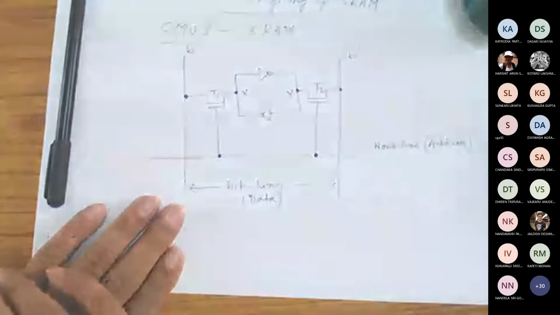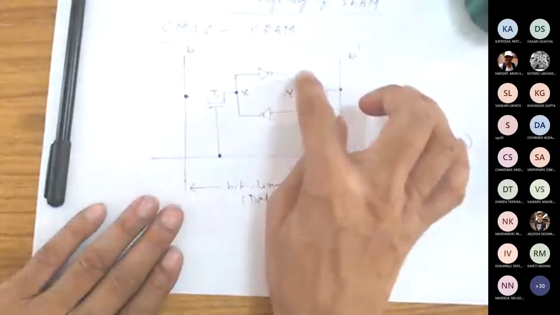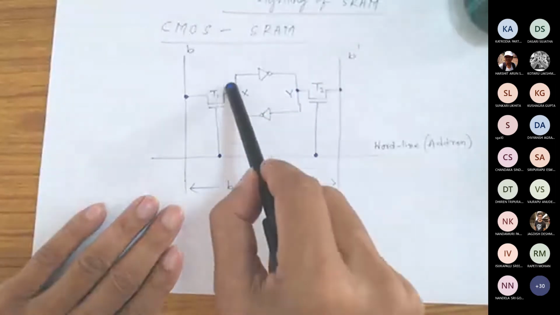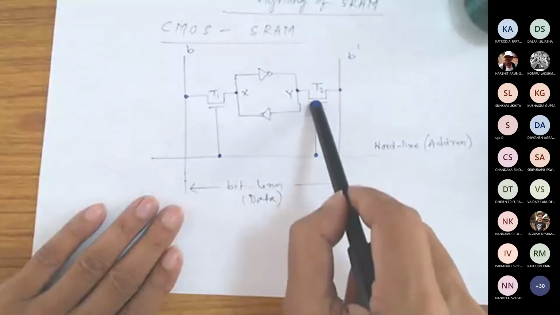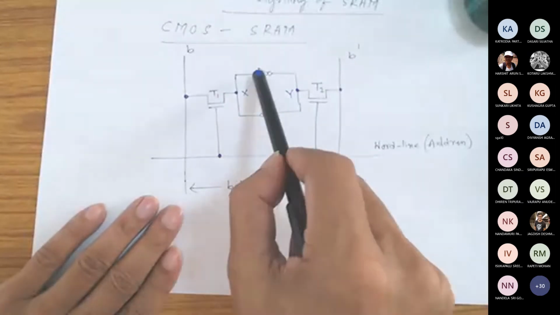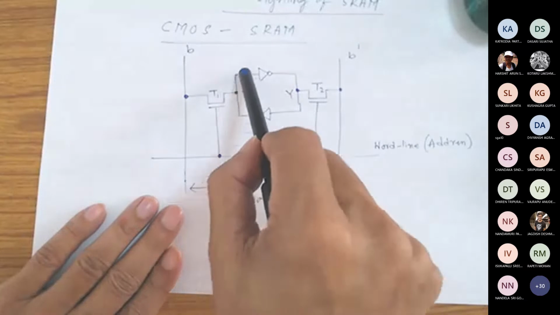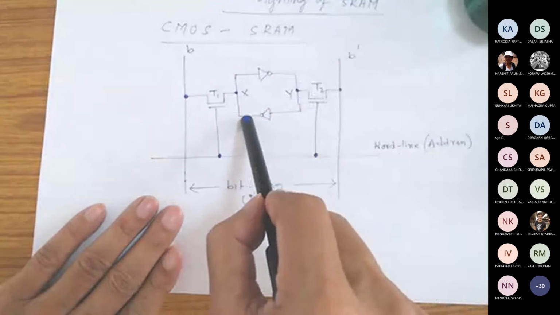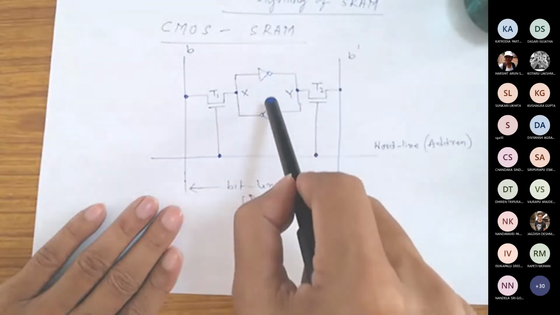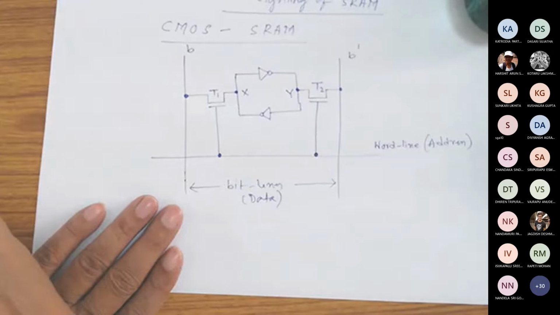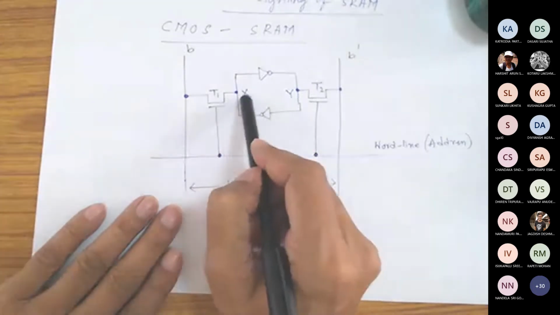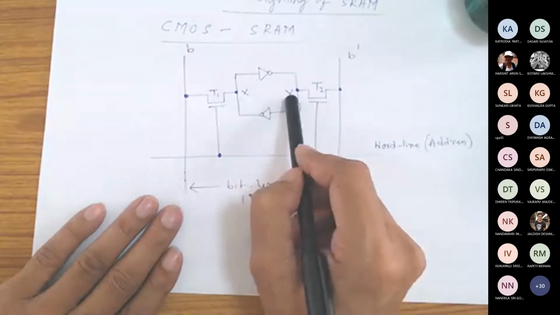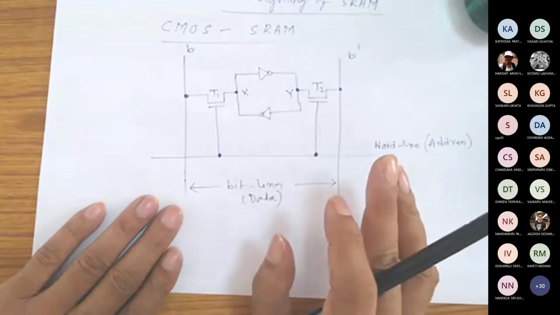two NOT gates. So this is basically a latch. What it does is store the value continuously. It's a latch. Whatever is X here, X bar comes as X. So this is basically storing as long as these NOT gates are active. It stores X, it stores X complement. So X equals Y complement, that is being stored here.